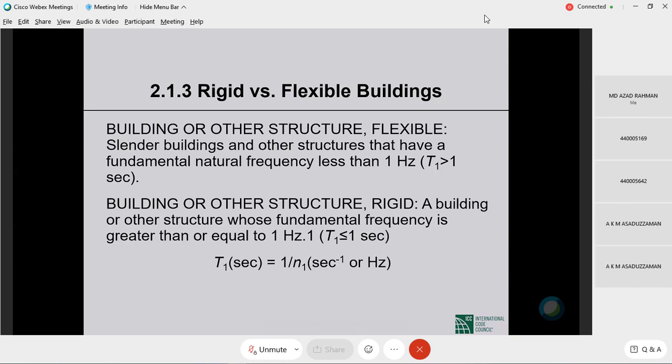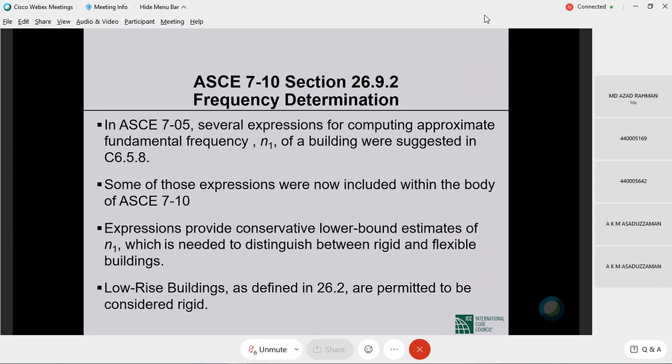So a flexible building has a fundamental period larger than 1 second, and a rigid building has a fundamental period less than or equal to 1 second. So up to 1 second period, it is a rigid building. Beyond 1 second period is a flexible building. Now, very interestingly, having made a distinction between rigid and flexible on the basis of fundamental natural frequency or fundamental period,